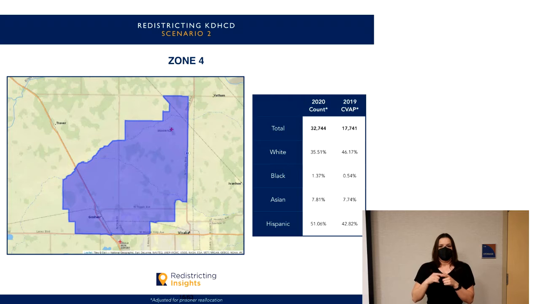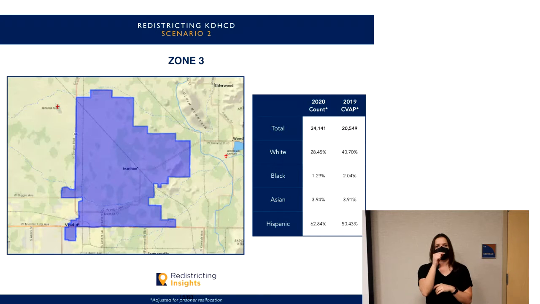And then we'll move over to the green one, the northeast version of this. And so this one takes in all of Ivanhoe and then comes in and takes in parts of Visalia's northeastern version, and this one does cross the 198 to take in a little chunk here. This one's deviation is a little bit higher than what we've seen so far, so 3.09% over. And then this one would be just majority Hispanic CVAP, so 50.43, just over 50%.